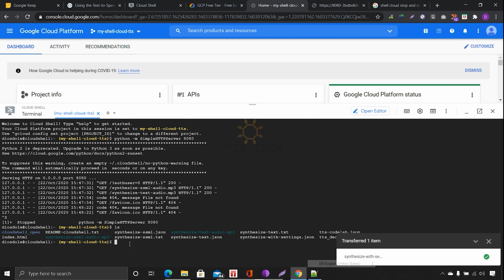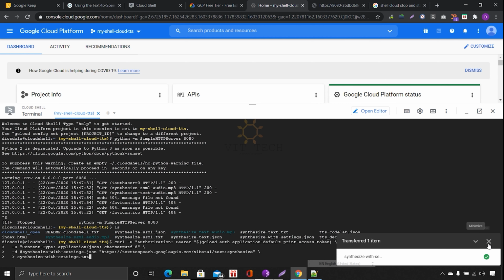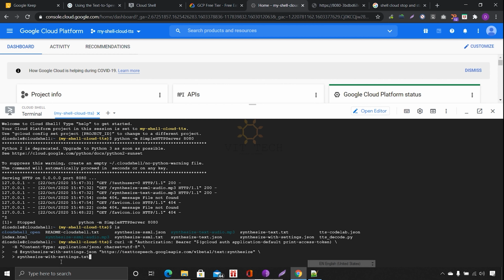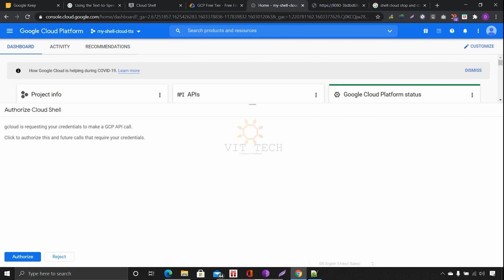Now again we have to convert it to audio. Before that, the text file, and after that only decode with Python. So this is the curl code. I will close it and run it. Here you see we renamed it to with-settings, not txt, not ssml. It's SSML only, but with the settings.